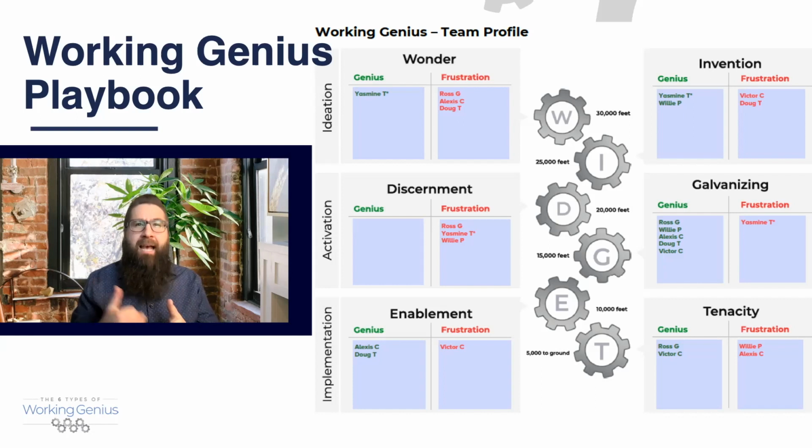Next, we'll notice that there is a high representation again of galvanizing. We have 1, 2, 3, 4, 5 team members with this genius. And so they know how to stir up energy and get momentum, but may need to be careful not to rally others around the wrong initiatives. Again, this plays back into the lack of discernment. The team should probably be asking, have we galvanized ideas that we didn't actually fully discern yet?